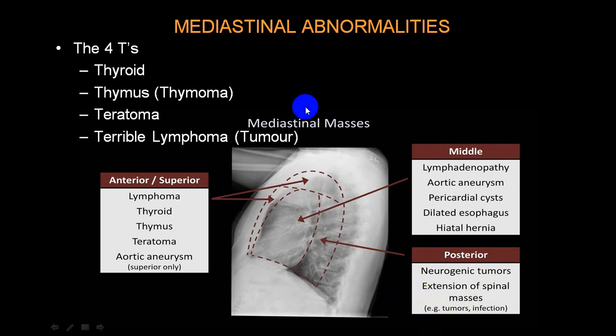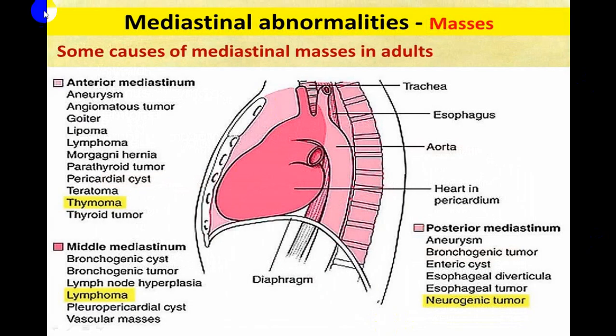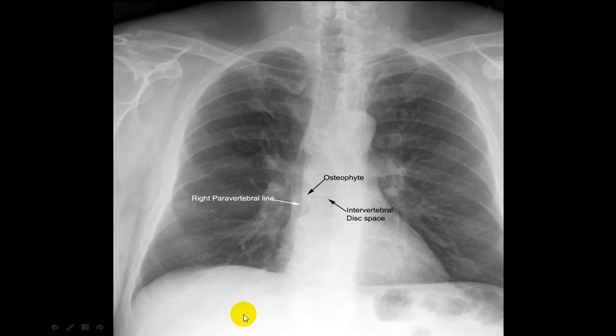So in a lateral view, you will suspect what pathophysiology. So this is in further detail. What will be commonly seen in the anterior mediastinum, what will be seen in the middle mediastinum, what will be seen in the posterior mediastinum. At your leisure time, you can go through. I've given you a rough idea.